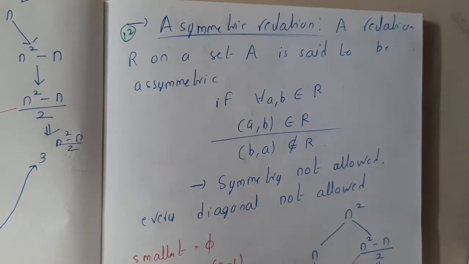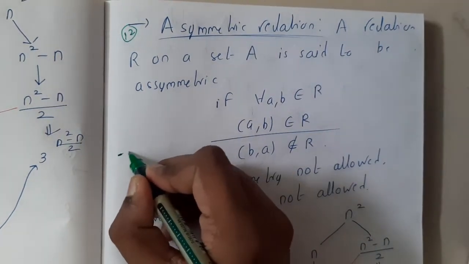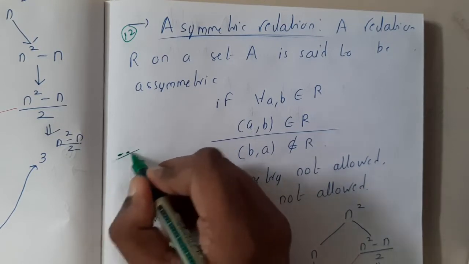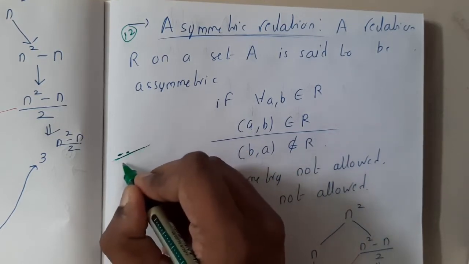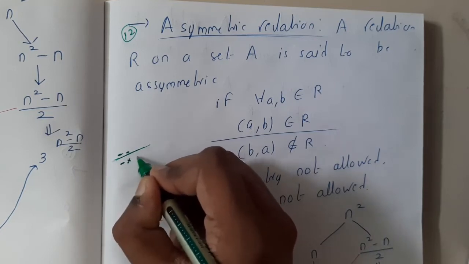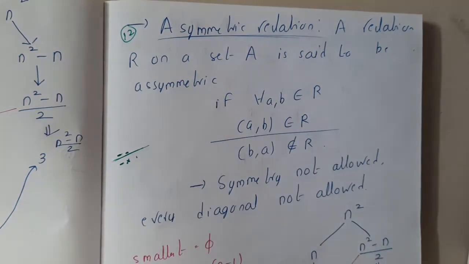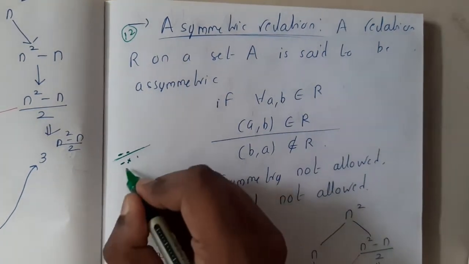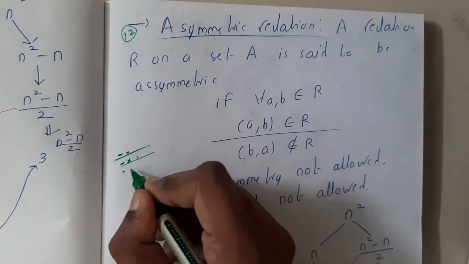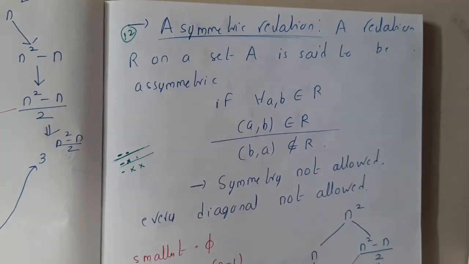So basically, if you recall, what does symmetry say, guys? Symmetry says that if A comma B is in the list, B comma A should be there. What did anti-symmetry tell? If A comma B is there, B comma A should not be there. And if it is 1 1, 2 2, 3 3 or 4 4, diagonal pairs, it's okay. What asymmetry says is if A comma B is there, B comma A is not allowed and none of the diagonal elements are allowed. So now you got an idea, right?